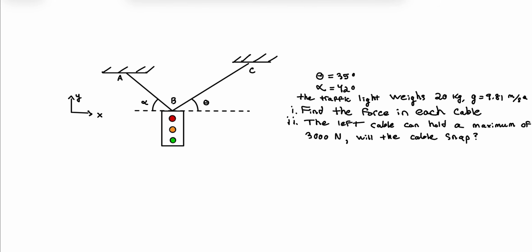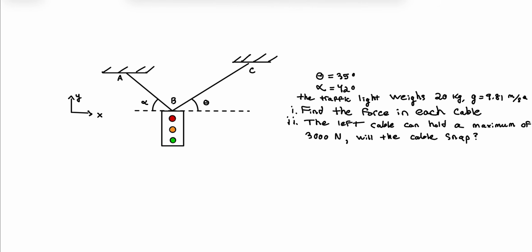Hello. In today's video, we'll be taking a look at this particle equilibrium problem. We have a classic traffic light problem where the light is being supported by two cables. We need to find the force developed in each cable in order to keep the traffic light in equilibrium. Given the maximum force that the left cable can withstand, we also need to determine if the cable will support